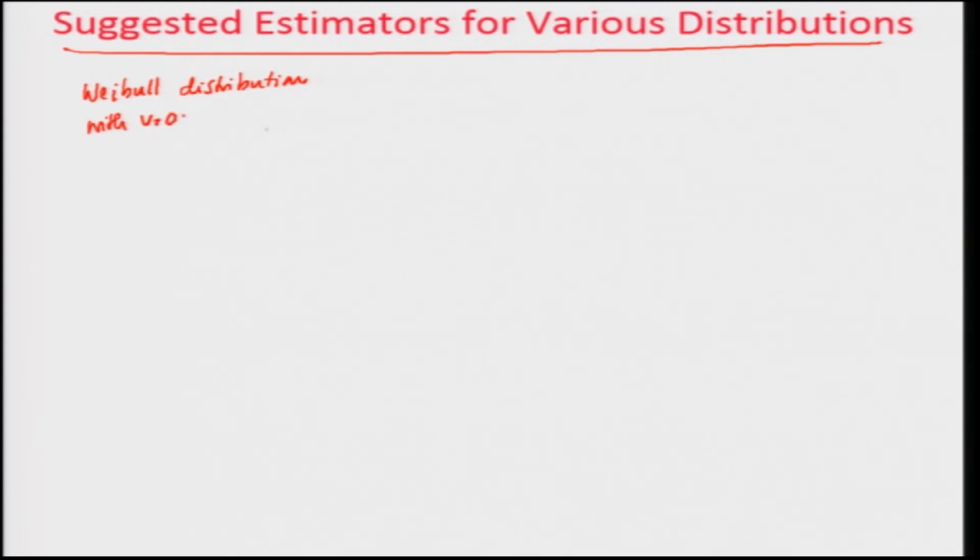Okay. If that is the case, parameters required are alpha and beta. Okay. So, the Weibull distribution with v equal to 0 requires parameters alpha and beta. So, first thing you do is use